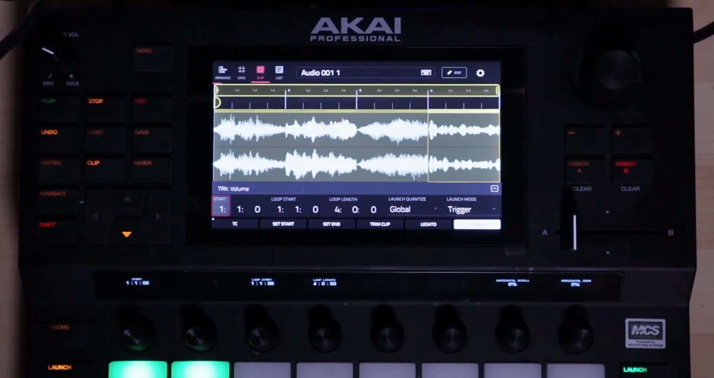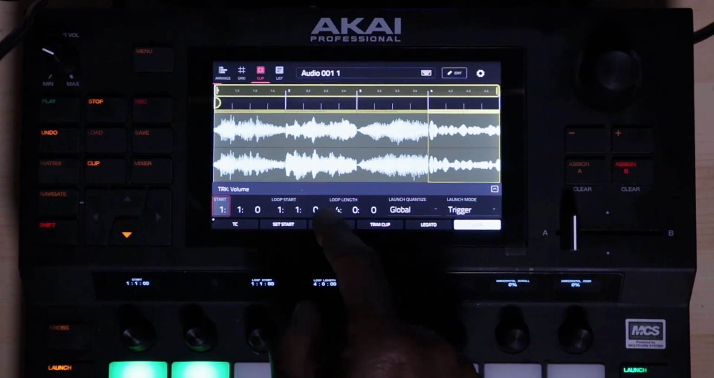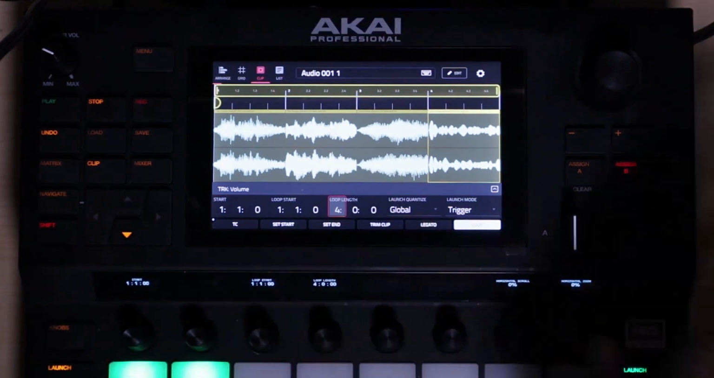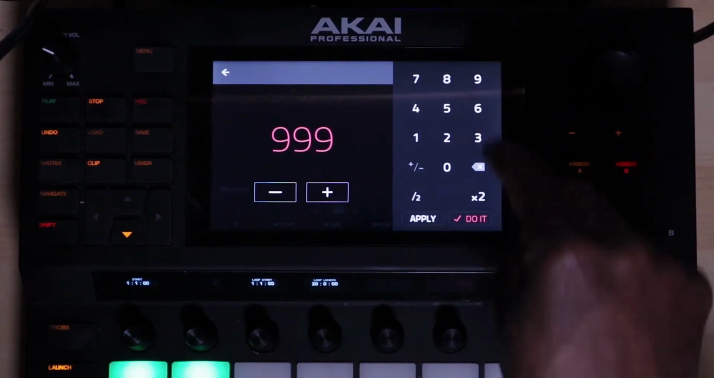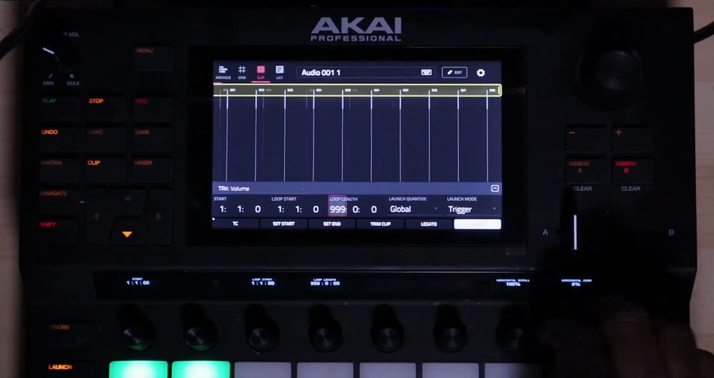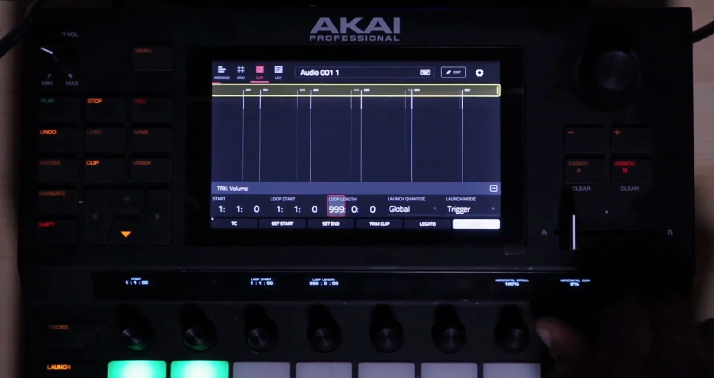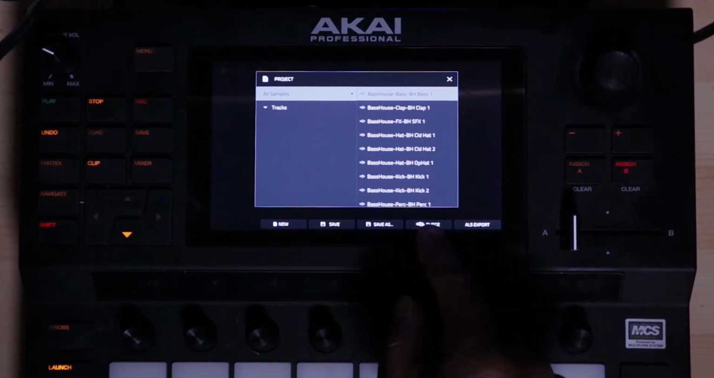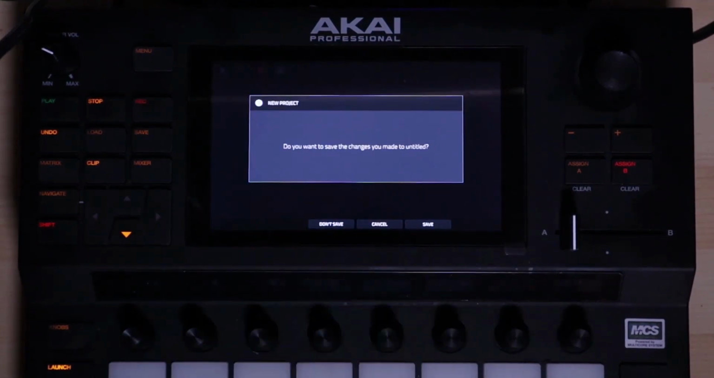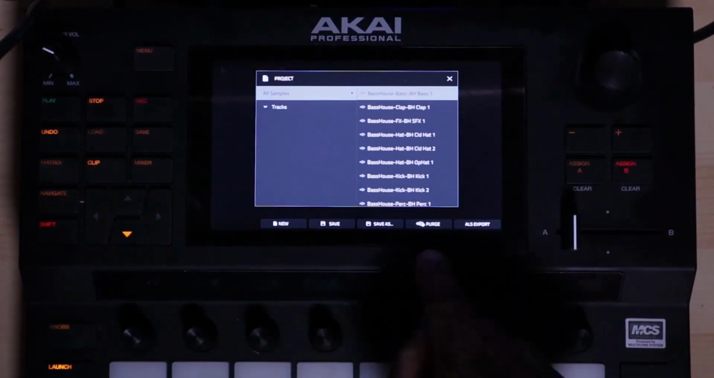The point is, what I was trying to show is, this is a timeline, so don't think you just have to have one sample in that thing. It can go on for 999 bars. There's no way you'd want to do that, that's crazy. But what I'm trying to show you is you can actually have an arrangement just in that one thing. So let's kill that and let me explain about track presets